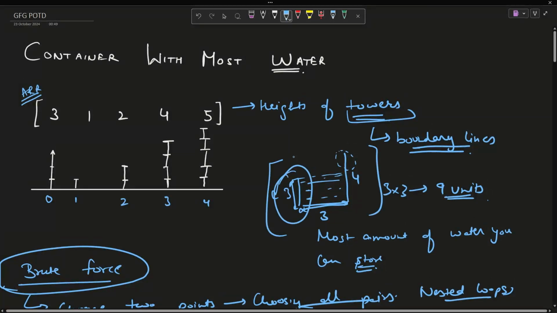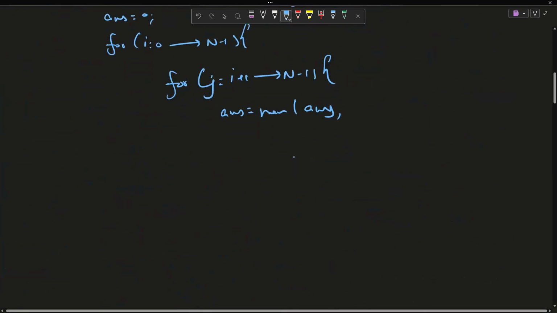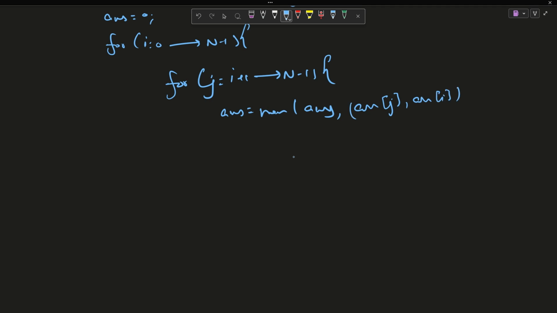We choose the minimum length among these 2 points and the distance between them, that is j minus i. So minimum of arr[j] and arr[i] multiplied by j minus i, right? This will be your new answer. Inner loop finishes, outer loop finishes, return answer. This is your brute force approach.